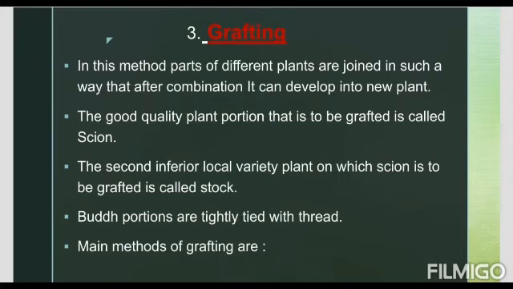Both are cut at an oblique angle, placed in close contact with each other, and are then held together. Matching up these two surfaces as closely as possible is extremely important because these will be holding the plant together. The vascular systems of the two plants grow and fuse, forming a graft. After a period of time, the scion starts producing shoots, eventually bearing flowers and fruits.